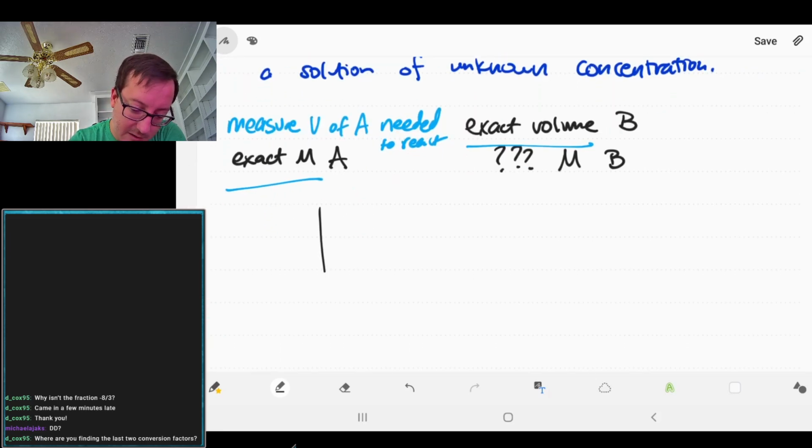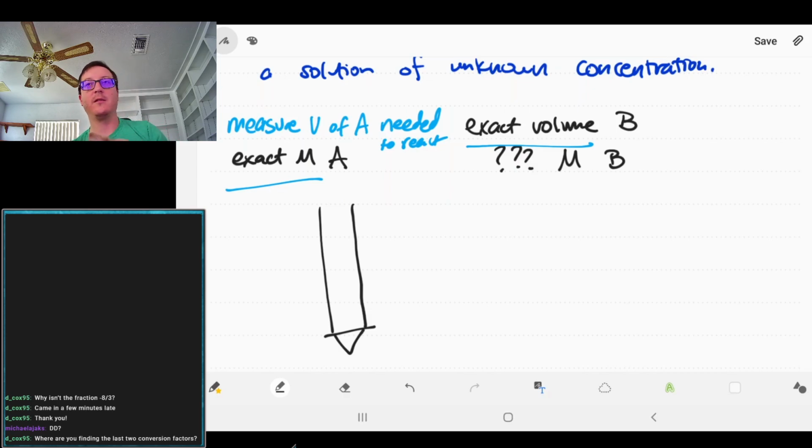Often this is done using an instrument called a burette. This has a little... Hi, buddy. Okay, I'm going to put you down if you're going to be good. Okay. A burette